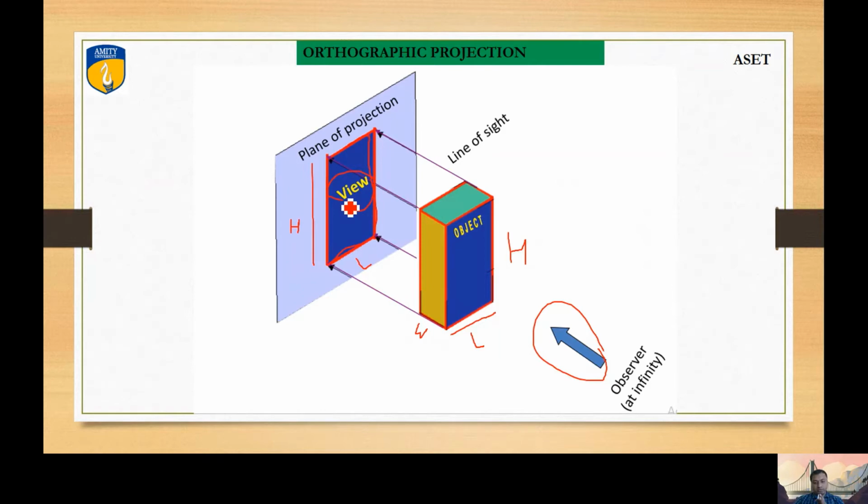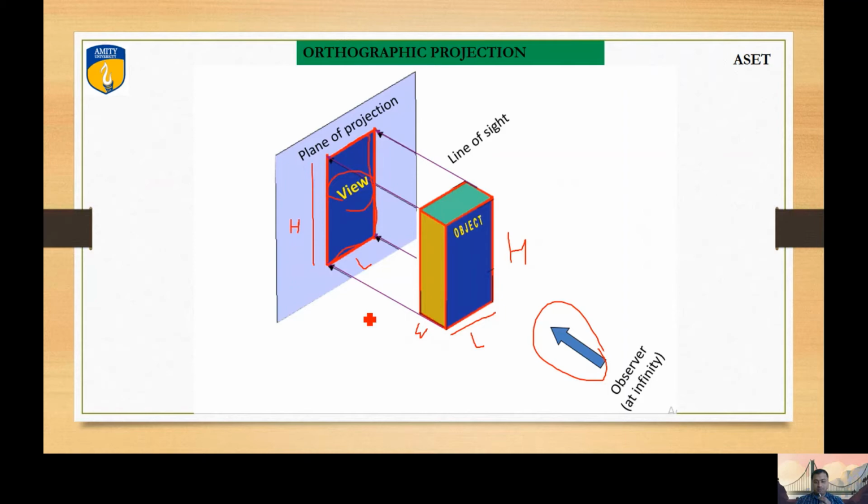So it is required to obtain more than one view. If you want to obtain the complete description of your object, from the geometrical and dimensional point of view, one view is not sufficient. One view is not going to give you the entire dimensions of your object. So it is required to draw more than one view if you want the complete description of your object, right?